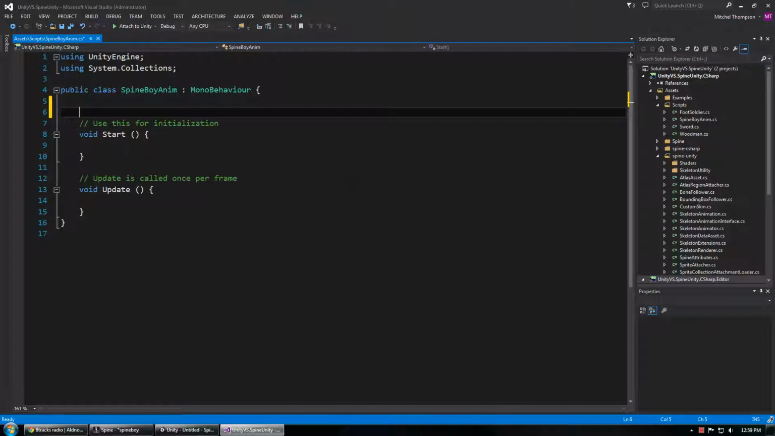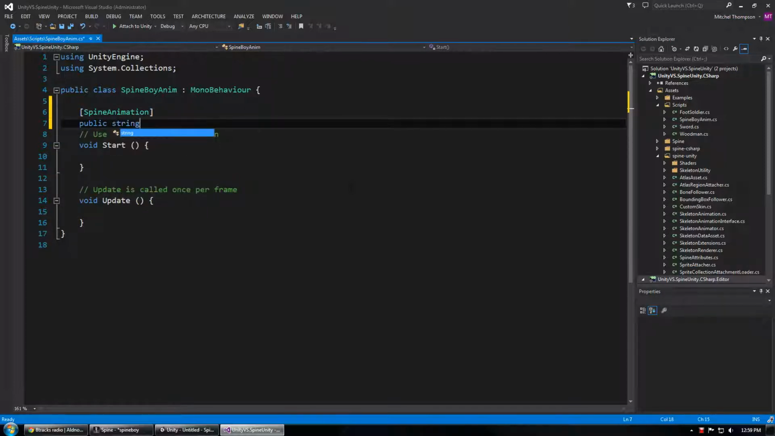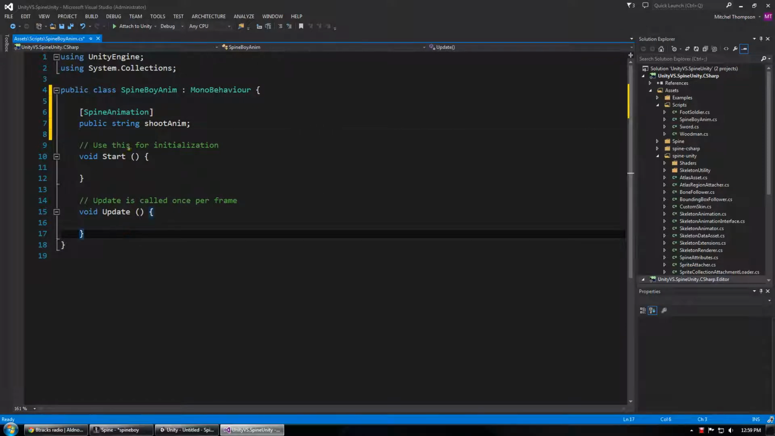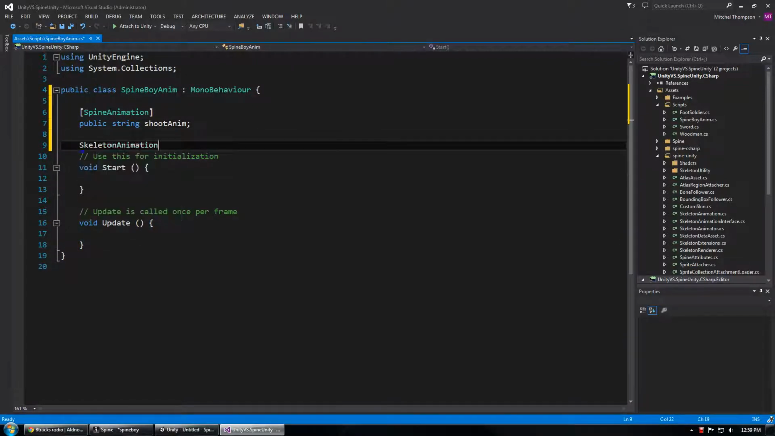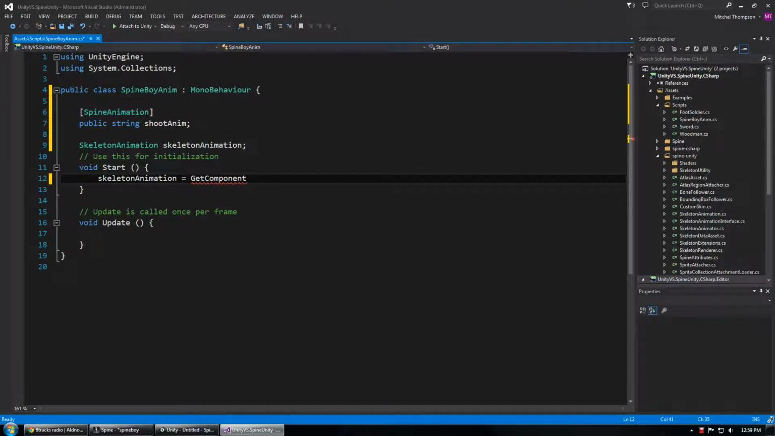Let's have a spine animation, call it shoot anim. Get a reference to skeleton animation on start. We've got a reference, and on update,